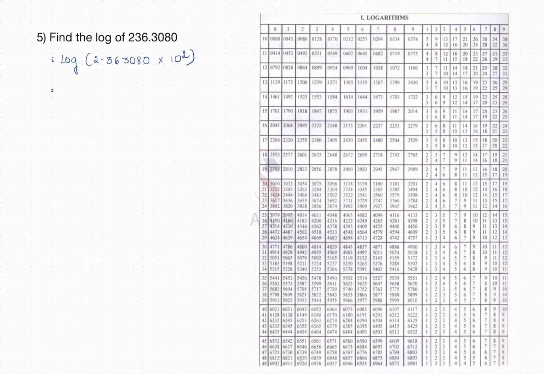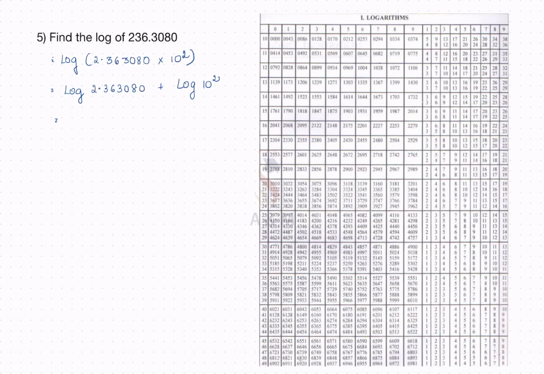This is nothing but log A into B. That is nothing but log A plus log B. Log 2.363080 plus log 10 square. Now we have to find the log of